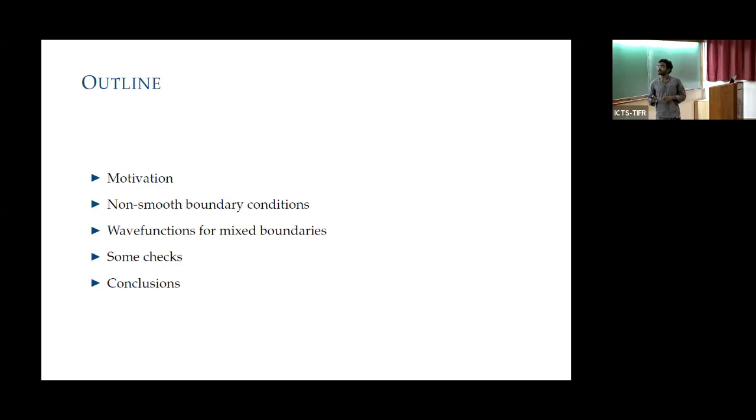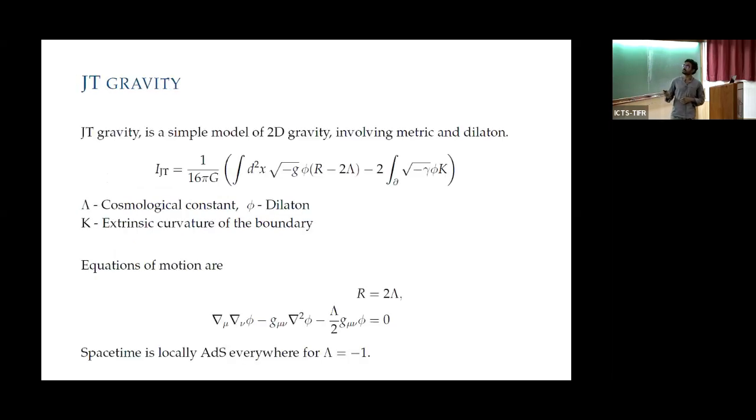Let me begin by giving the setup of JT gravity. As I mentioned, it's a simple model of 2D dilaton gravity, which involves just two variables, the metric and the dilaton. Here phi is a scalar field, the dilaton, and the metric is g, with R the Ricci scalar. There is a boundary term, the usual Gibbons-Hawking boundary term, which is required for a well-defined variational principle if one works with the boundary conditions that the dilaton and metric are held fixed at the boundary. Lambda is a cosmological constant. For the talk today, I will set it to be equal to minus 1,